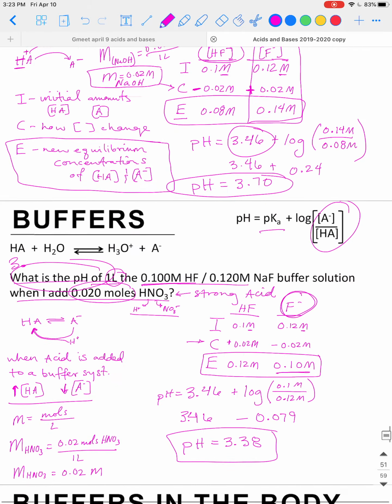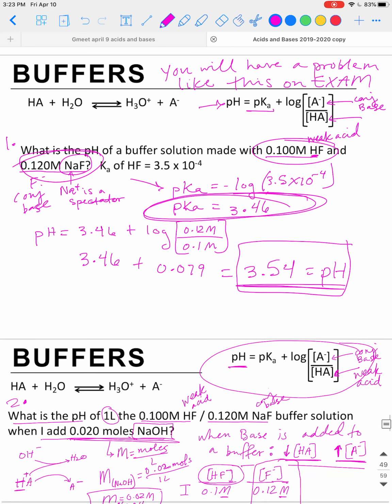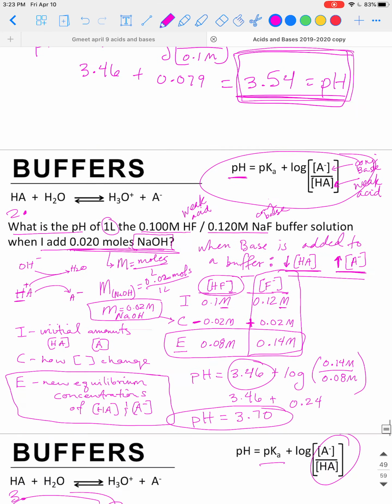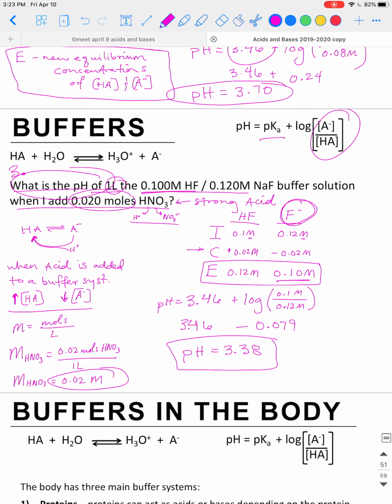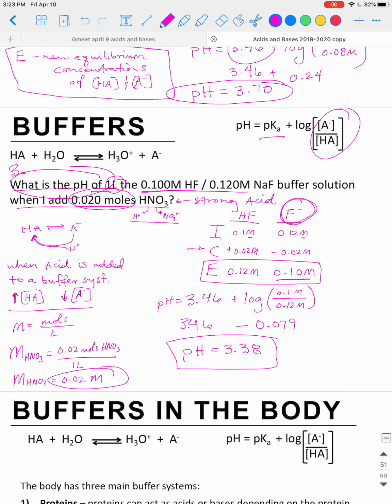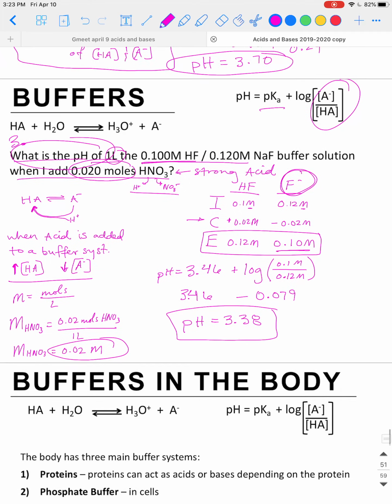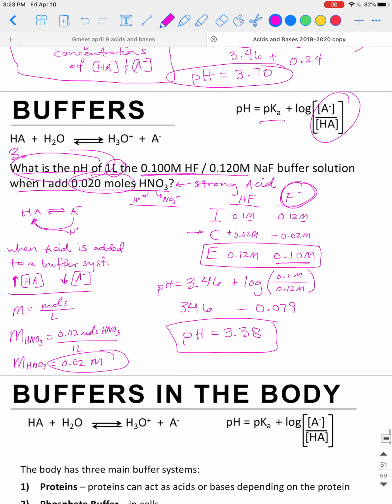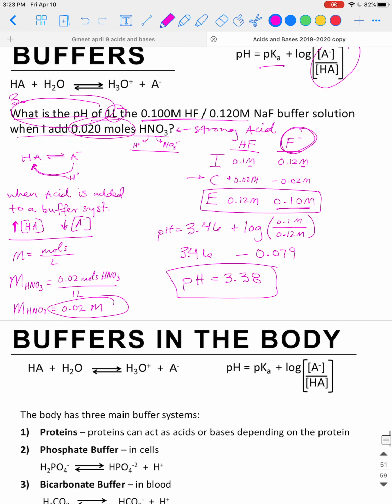3.38. So you see, originally, if we go back up to part 1, what was our initial pH? On question number 1, the initial pH of the buffer before we added anything was 3.54. And after we add this amount of acid, we see that the pH drops to 3.38. So our buffer did a pretty good job of maintaining the pH around its original pH. Okay, I'm going to pause this video and